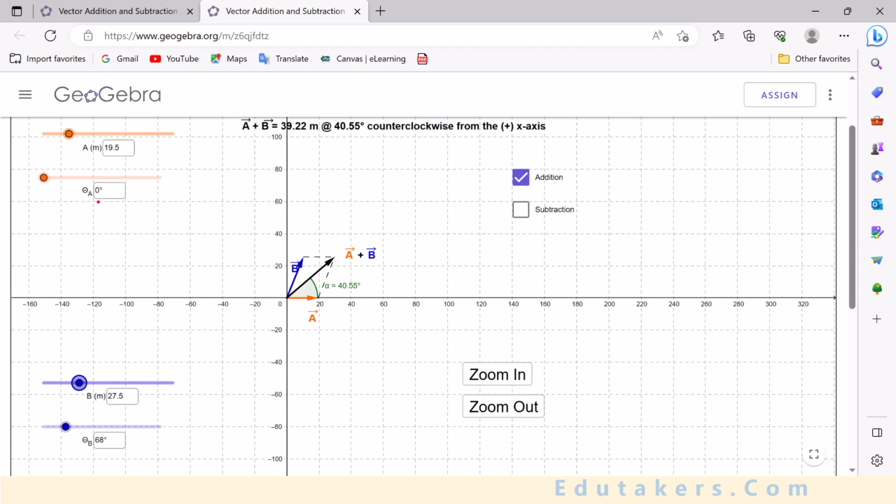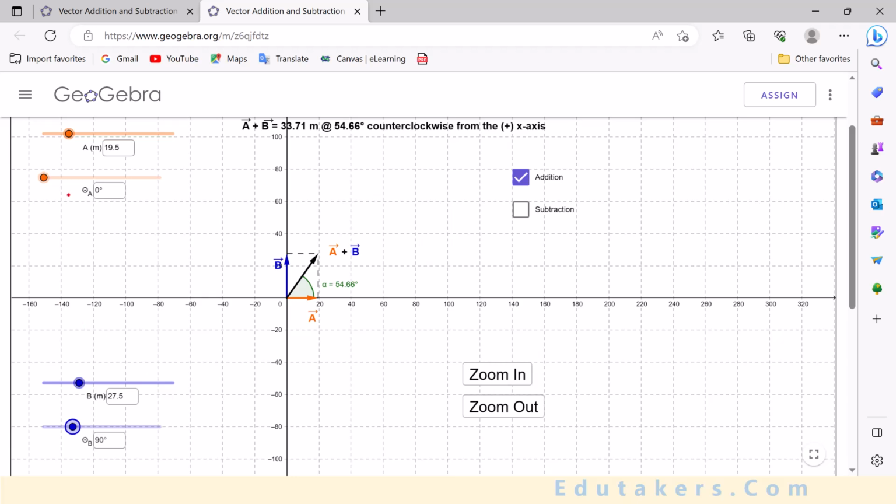The angle for the vector A is 0 degree, while for the vector B is 68 degrees. Let's say bringing it to a right angle, an angle of 90 degrees. Now the vectors A and B are at right angle to each other. The dotted line here is basically showing the complete rectangle. After that you need to draw a diagonal line, which is shown by the black arrow. This would be the resultant vector in this case. The angle that this vector makes with horizontal is also given, which is 54.66 degrees.